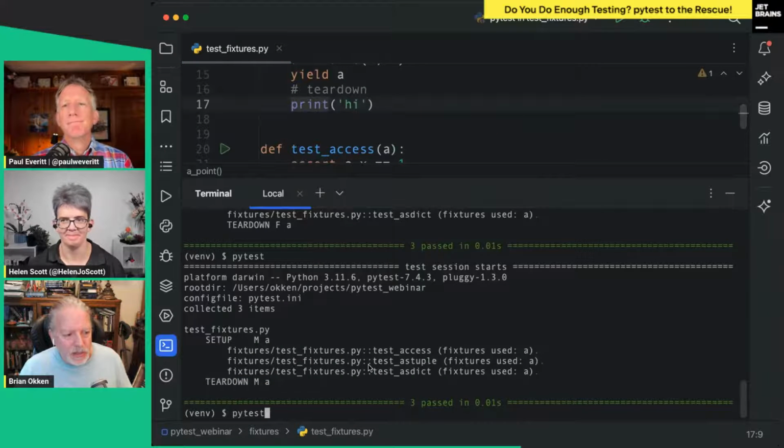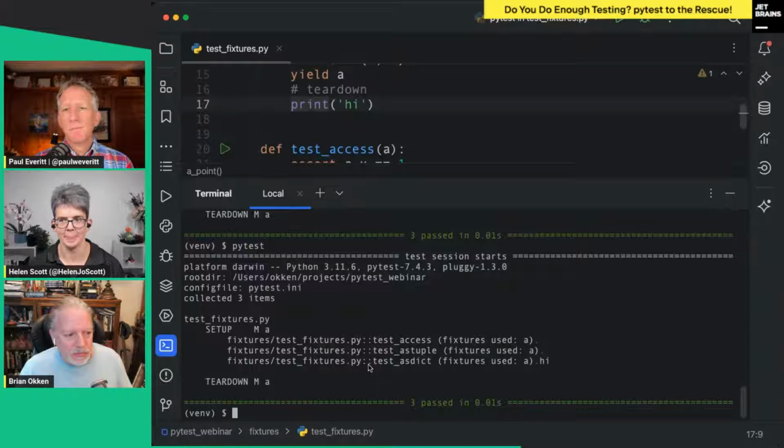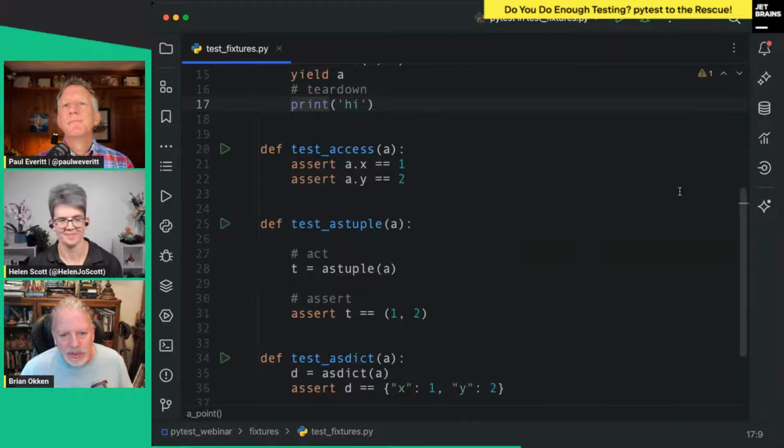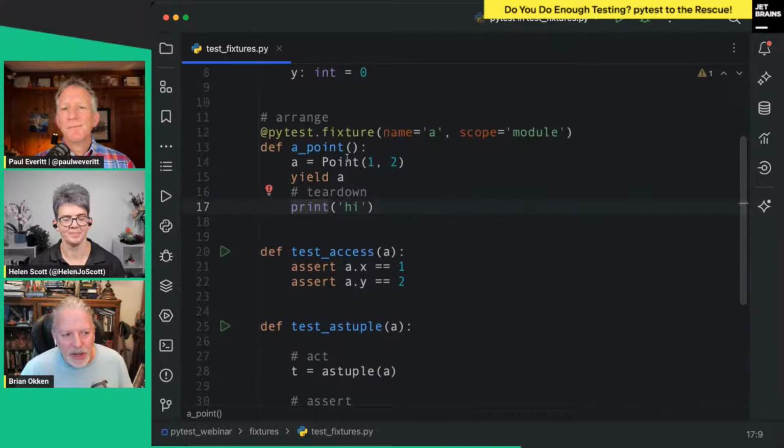Let's see what that looks like. So I didn't get my hi. Oh, there it is at the end. Just one at the bottom. But now we have a teardown. So there's always a teardown, even if you don't see it. But if you want to actually have a teardown, use yield instead of return.